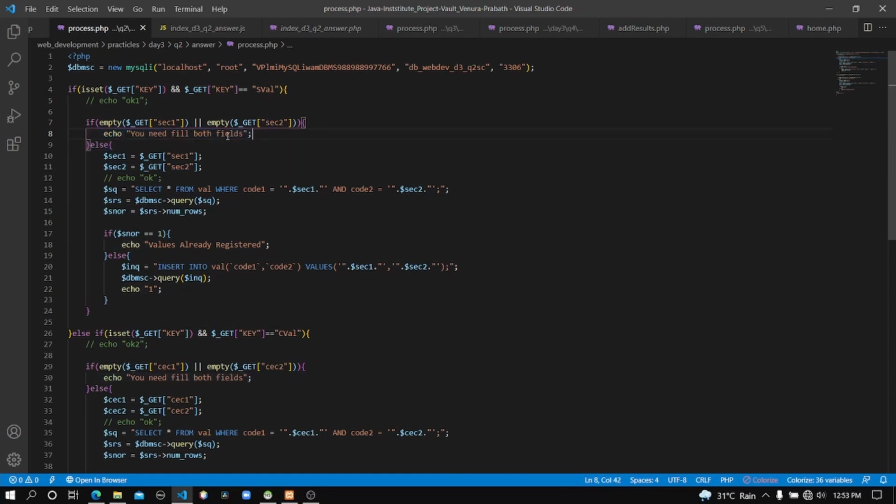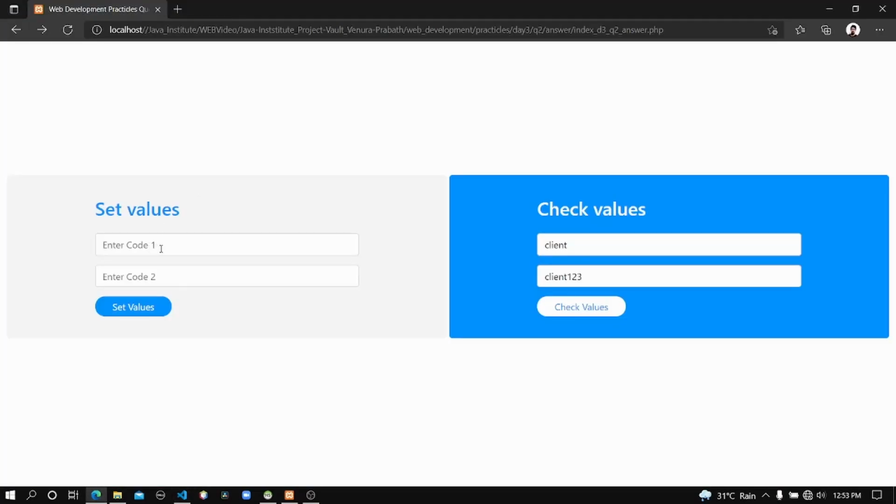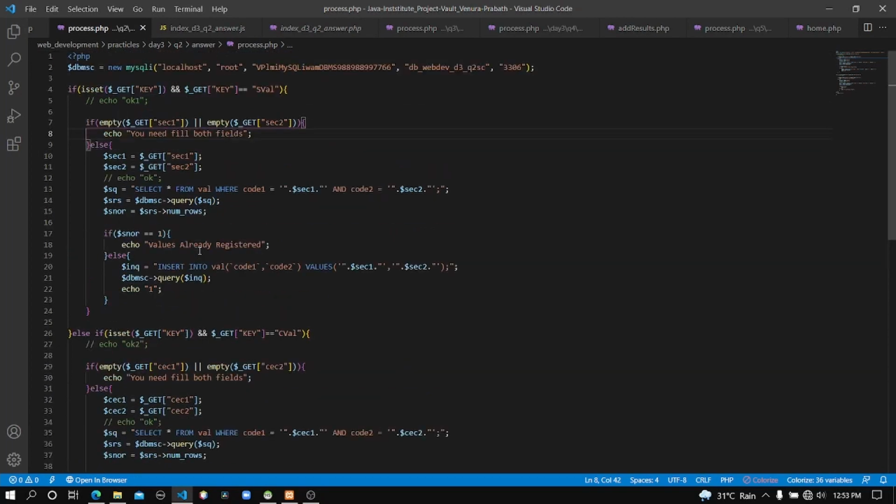That means these enter code 1 and enter code 2 fields are empty, because the values in these fields will be sent to the server side with the names sec1 and sec2. Okay, so that's how I did the validation to check whether the values are empty.